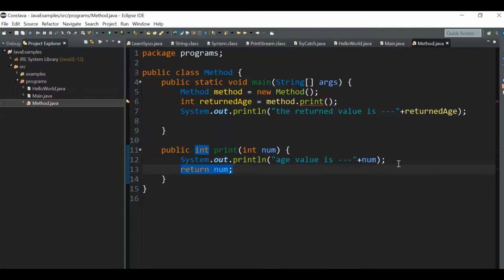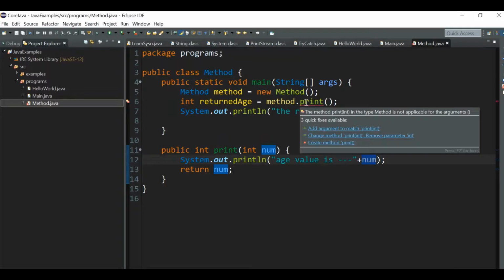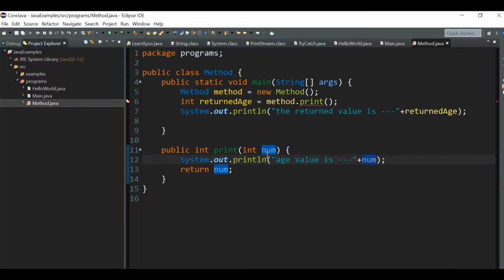And what about this? Here you can see a compilation error, because this function is actually accepting some parameter. It can be called a parameter or it can be called arguments. So this function is accepting an argument, and this argument should be passed from the location wherever the print method is called.